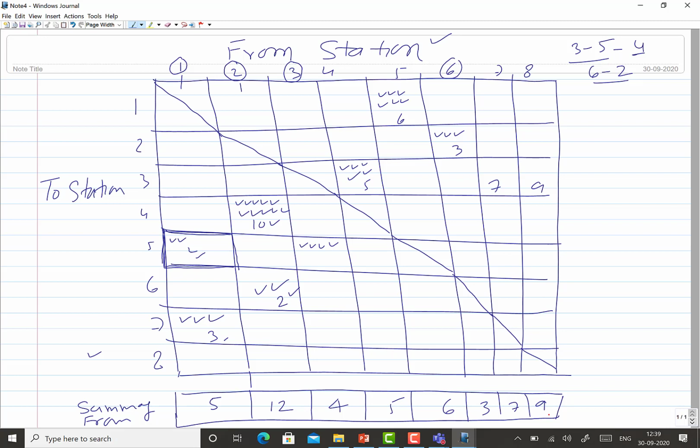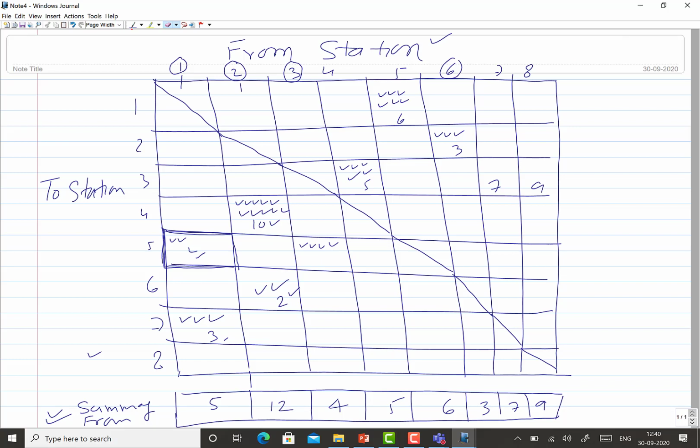Now what we have to keep in mind is that these are just examples I have made here, showing how to obtain the summary of the movements. Similarly, we can identify the summary of all movements to the stations. Okay, so let me erase this.